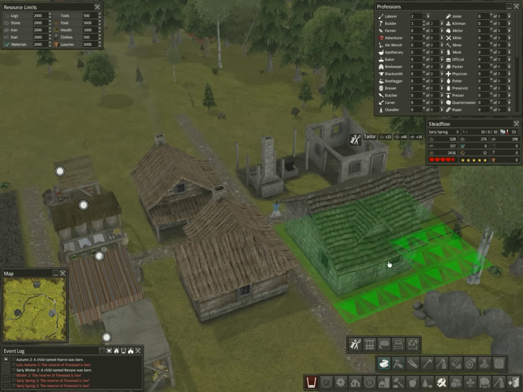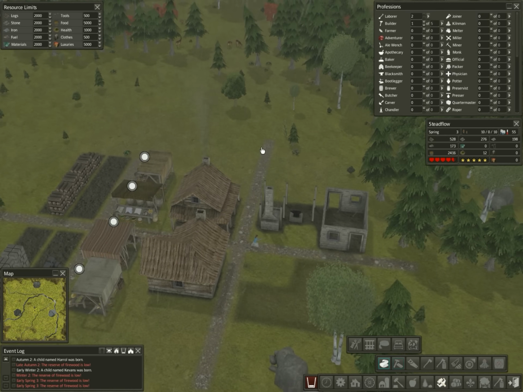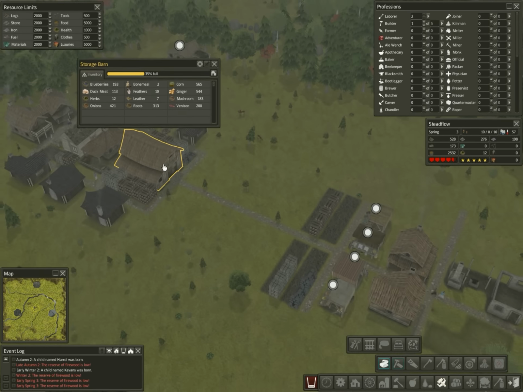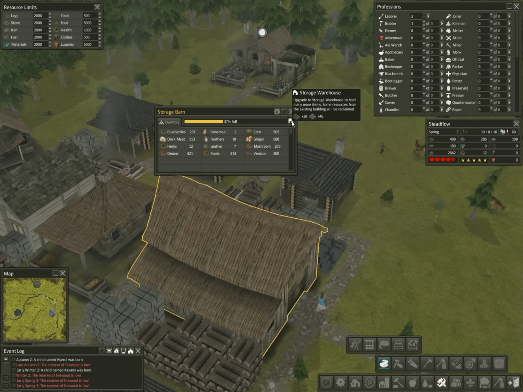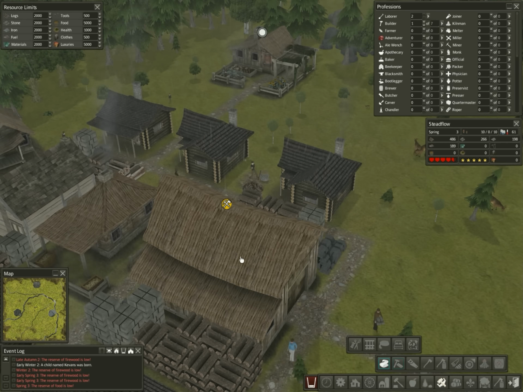Now, I wouldn't mind the tailors just being across from the blacksmith. It's what I usually do anyways. So we can plop down that building and they can get to working on that, because we're going to need clothes at some point as well. Now, we have some leather, which can be used to make better clothing, but we need a whole lot more. And we're going to upgrade our storage house, which actually,